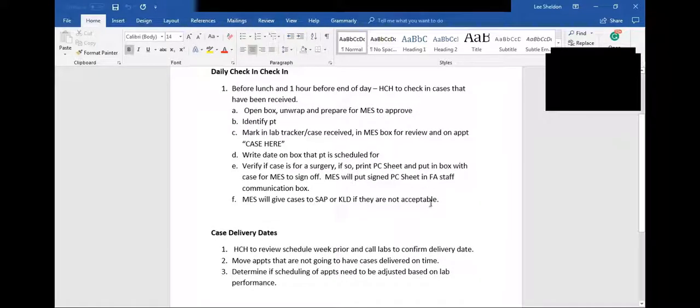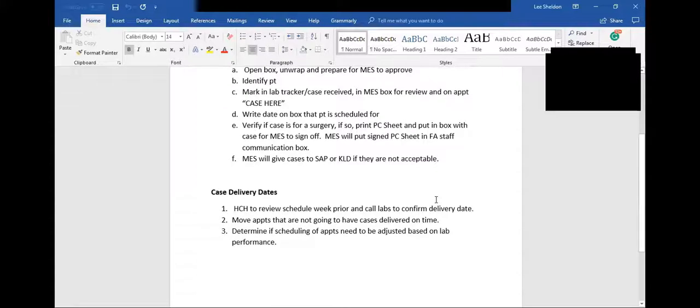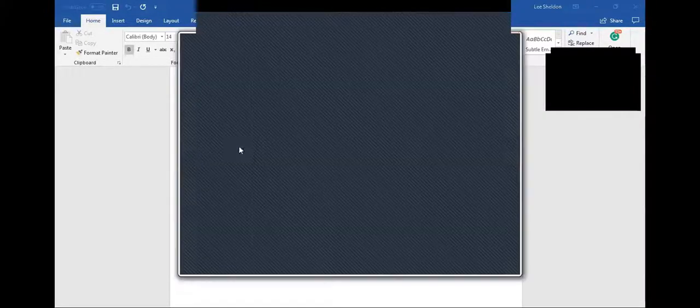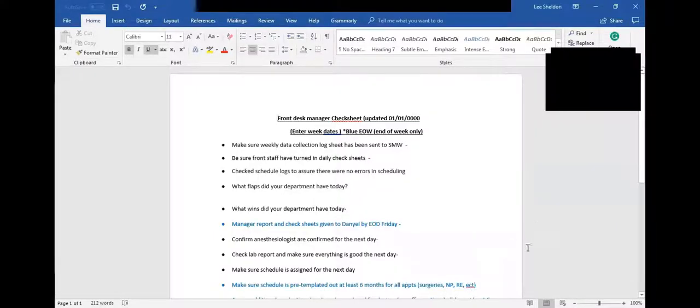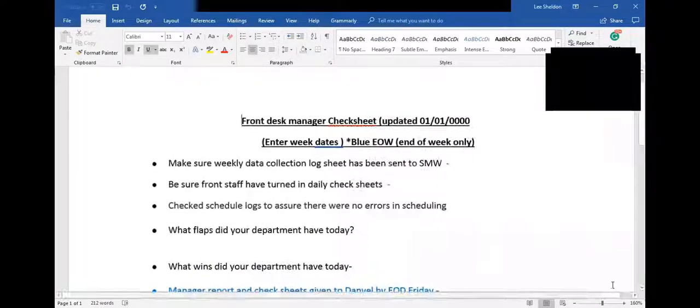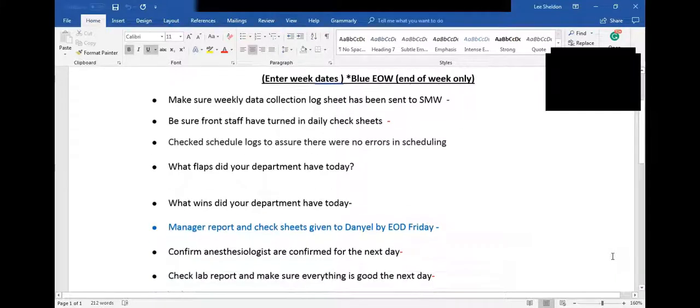The one that I find most important to me, because it's in my responsibility area, is the one from the managers. Can you go to the one that says managers? Yeah. They have to give me these at the end of the week. At the end of the week, the supervisors for every department have to give me a report on their department and a checklist from the department to make sure that things are getting done. So they make sure that they get stats from their team, and they're turning it into me so I can make sure